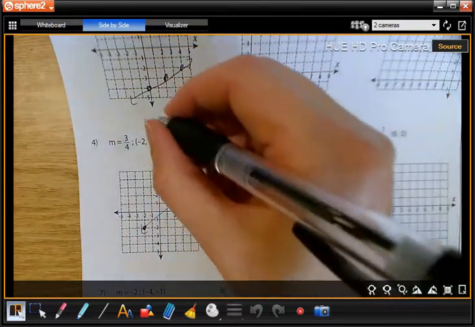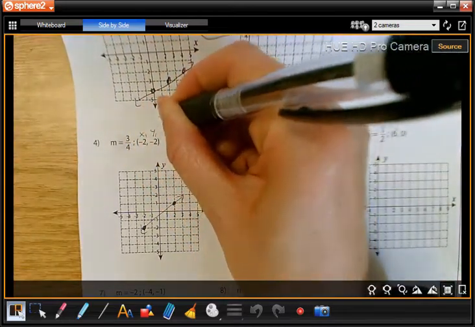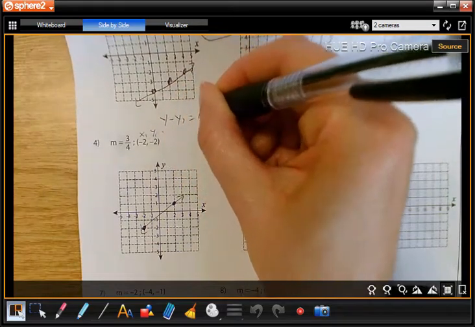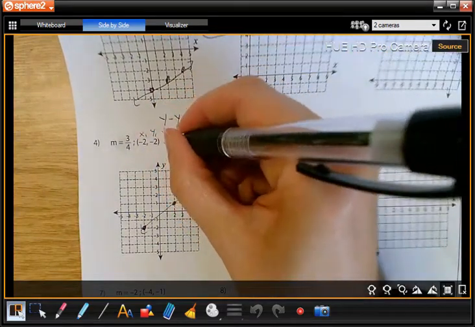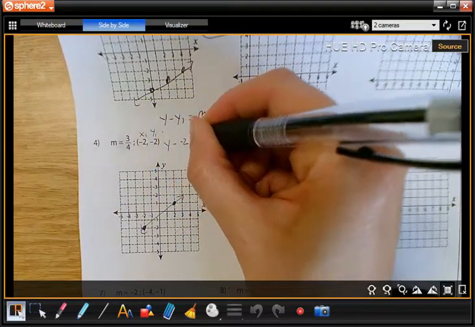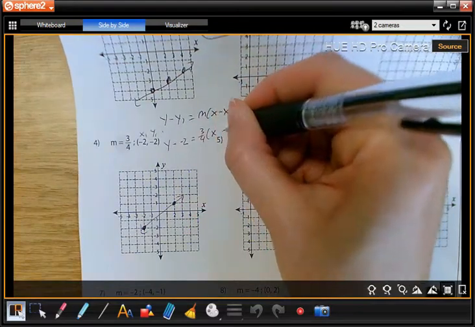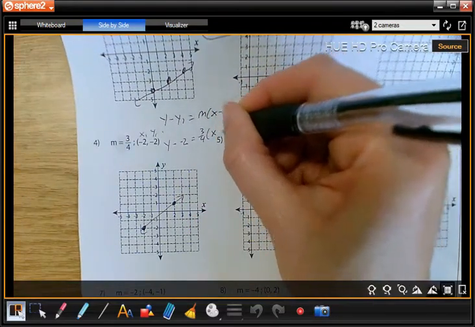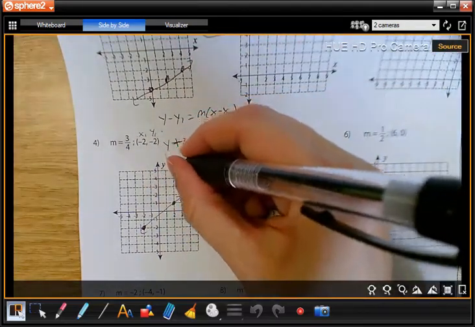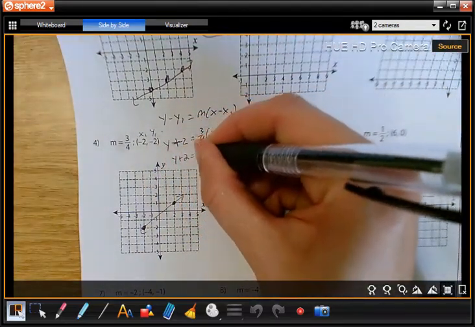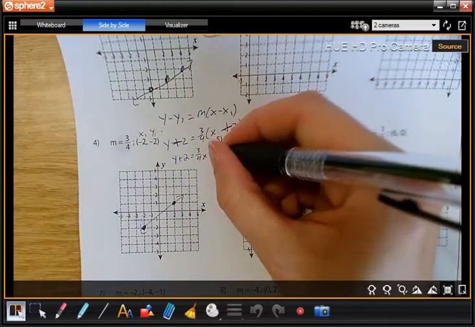So I might still put this in the formula, and this is x1, y1. And again, we're doing y minus y1 equals m times x minus x1. So we're going y minus negative 2 equals 3/4 times x minus negative 2. Remember, two negatives make a positive. We're going to distribute, so we get y plus 2 equals 3/4 x, 2 times 3 is 6,